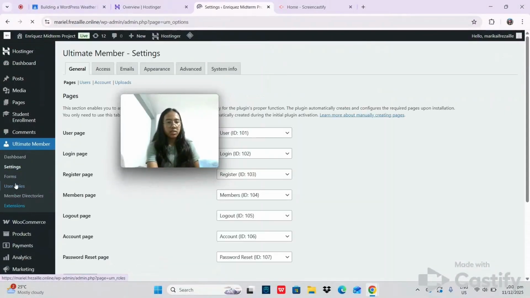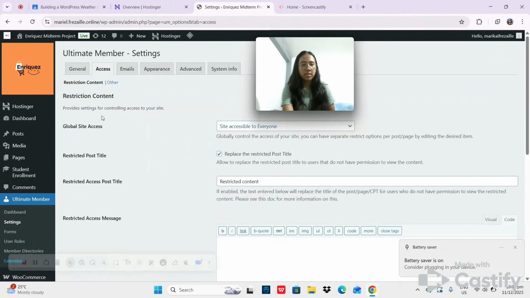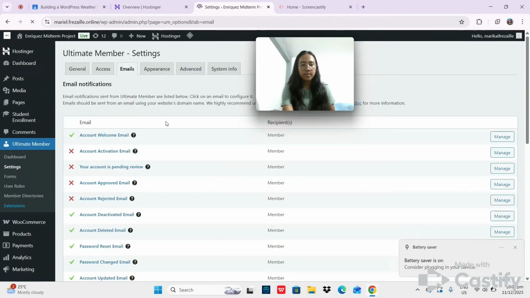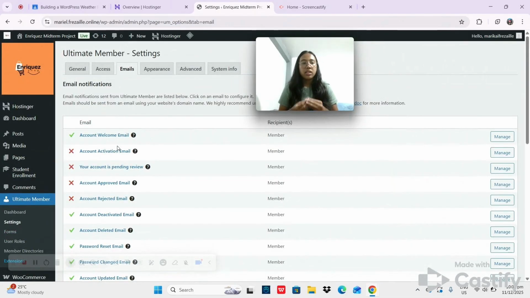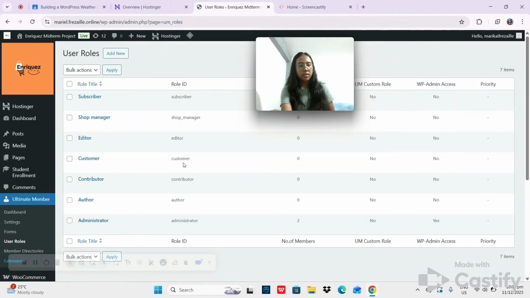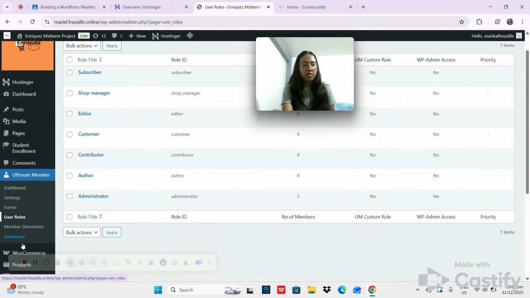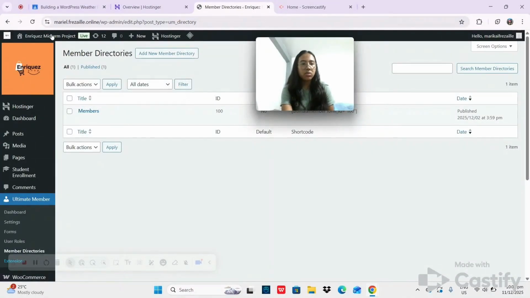So it's dashboard, settings, user settings, access, emails. In this part you can customize what email notifications you want users to be notified with. And then forms we have here. Then user roles, this one. We have here user role, member directories. And then let's go back to my website.